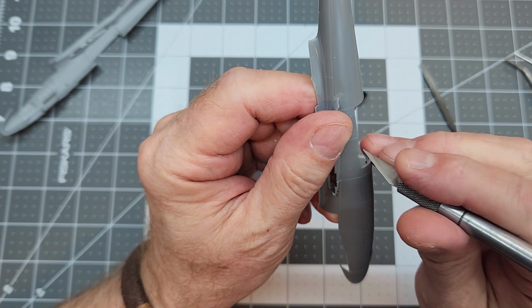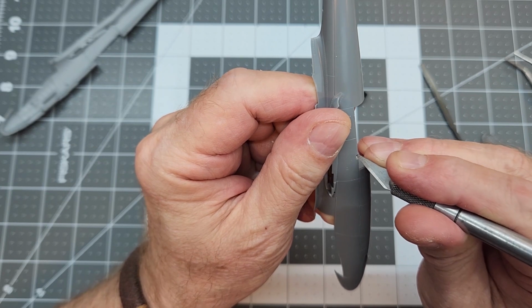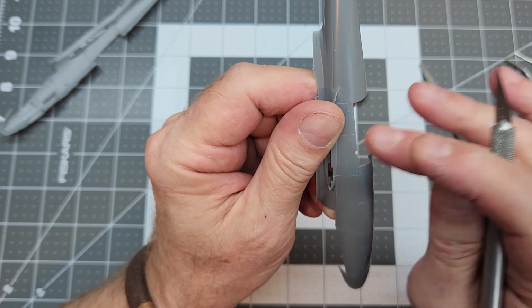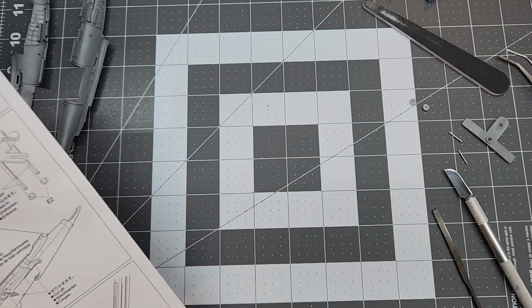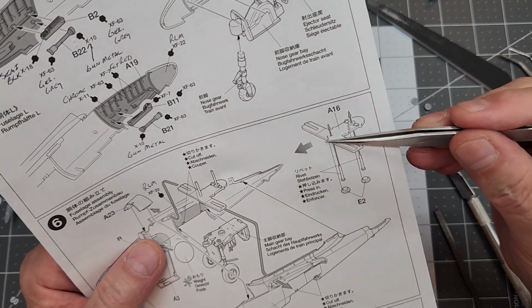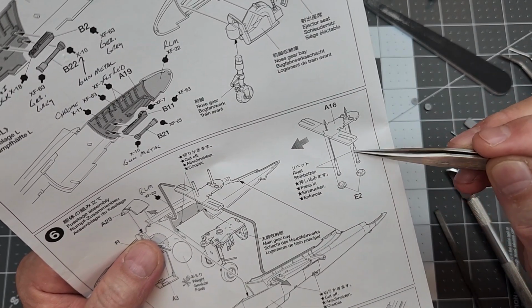And once we get this one done, we do have the other three to do. Just make sure that you stay within the molded slot that Tamiya has provided for us on the inside as a guide. So with our slots all cut out, on to the rest of part 6, which is addressing this